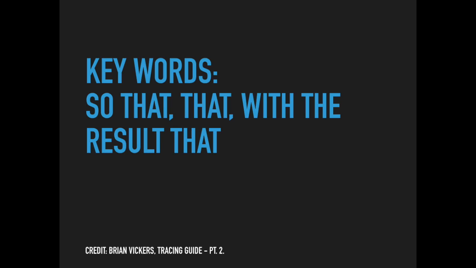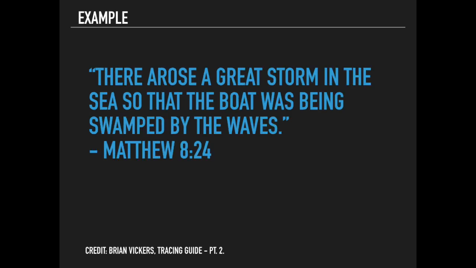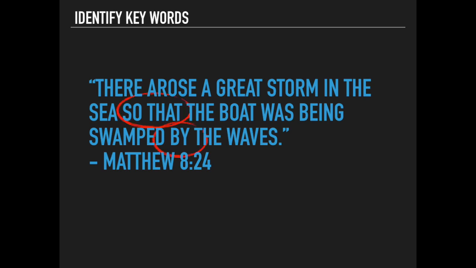So where can we find an action result in Scripture? We can find one in Matthew 8, verse 24. Matthew 8:24 says this: There arose a great storm in the sea, so that the boat was being swamped by the waves. If we're going to break this down into propositions, we see there arose a great storm in the sea, then we hit our key words, so that, so we're going to separate it right there. The boat was being swamped by the sea,